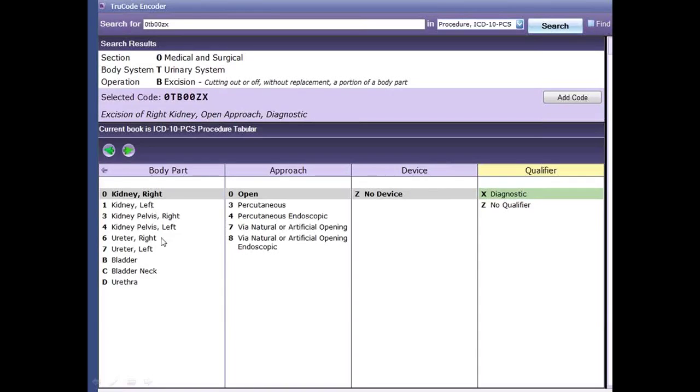So you can see here, as I'm going through, I would assign that it's the body part, right kidney. I would go through and look at the approach. Again, those are definitions that I need to make sure I'm learning. Open versus percutaneous, for example. Sometimes there's a whole list of devices. Sometimes there's not. And then qualifier, in this case, we know from our review of ICD-10 PCS that if you